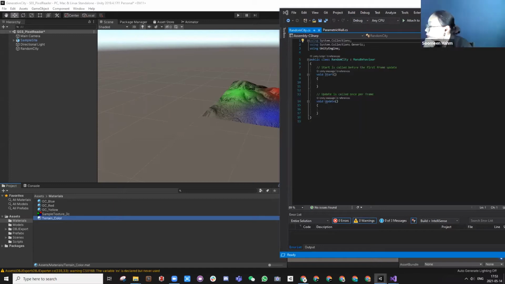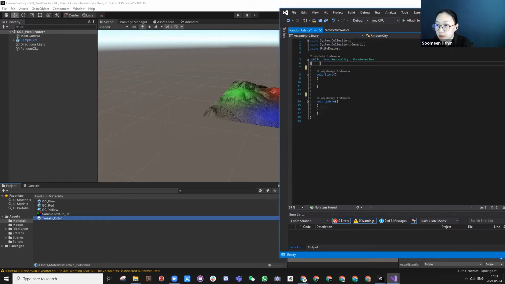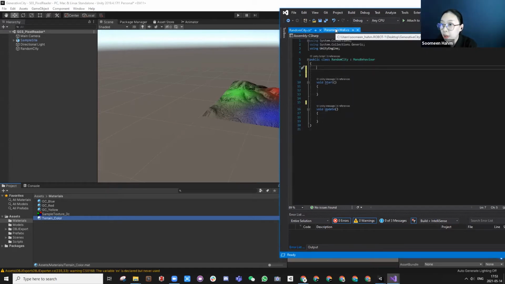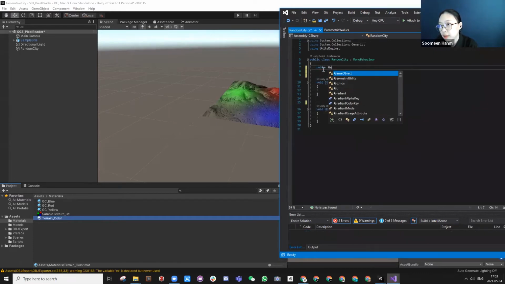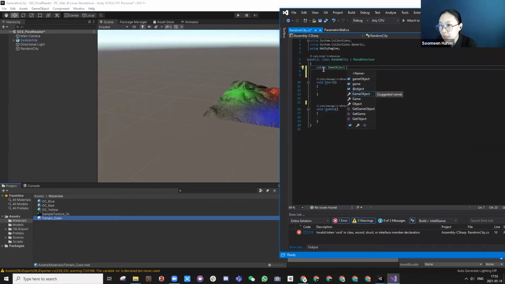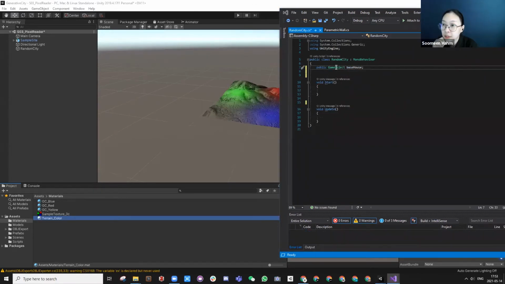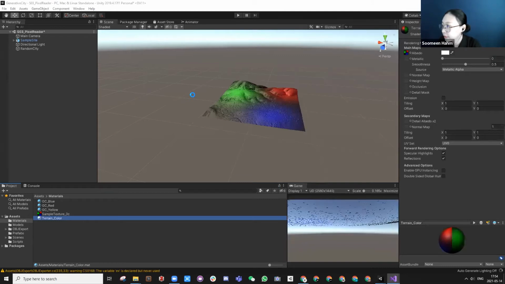Okay, so have your script ready. I'm going to delete this. We are going to still create something similar to this parametric wall. We are going to make a public game object, and we are going to name it base house. Okay. Once you save this,